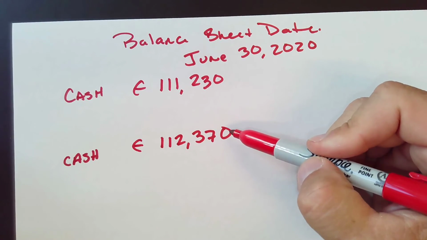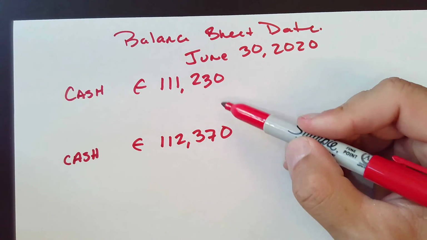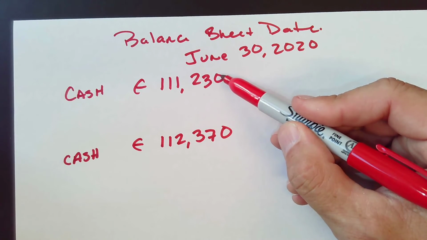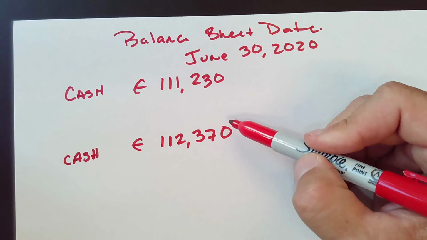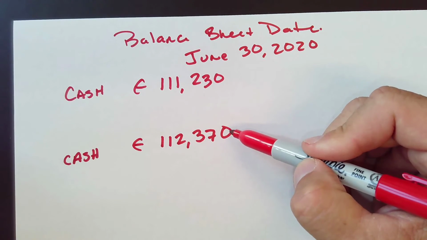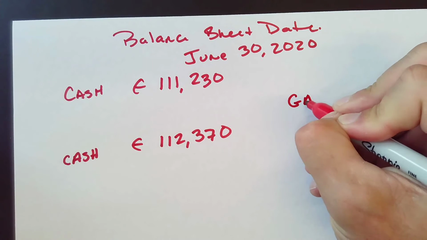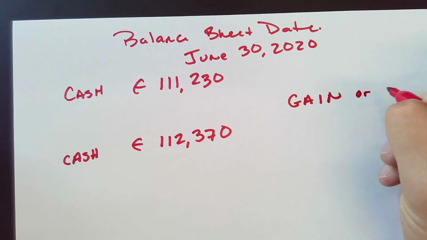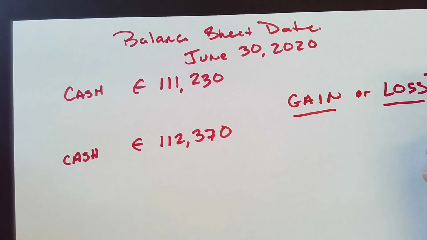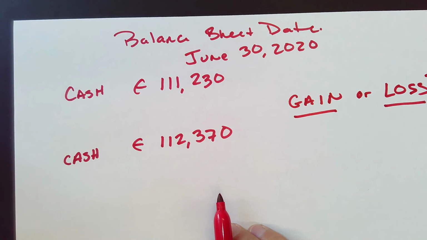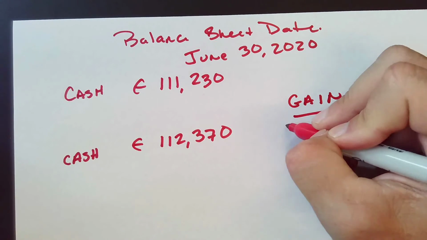Cash increased, because I had euros, and now it costs more US dollars to get that euro. So do I have a gain or a loss? It's a gain,